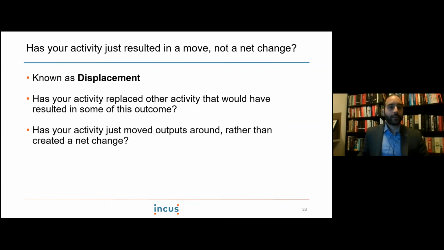The second question that I brought up in terms of not overclaiming is this idea of moving value, and displacement is the formal term for it. It's not very applicable for most social outcomes, but it is applicable to job and employment things where programs are actually getting people into an existing job. They're not actually creating jobs. And because we know that more people apply for jobs than actually get them, if you put someone into an existing job, you're denying someone else that job. It's also applicable in crime, where there's a lot of investment in improving, say, street lighting in one neighborhood, and the crime just moves to the next neighborhood over.